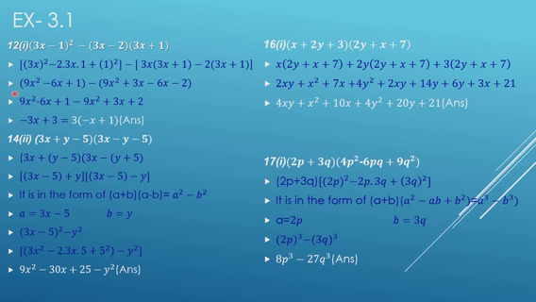Here you have plus 9 and here you have minus 9, so this becomes 0. Here you have minus 6x plus 3x, so it comes to minus 3x plus 3, so 3 can be taken as common, and your answer will be minus x plus 1. So this is your answer for the first question.